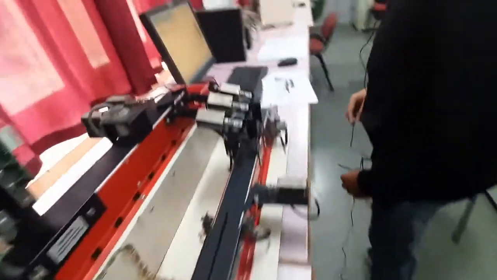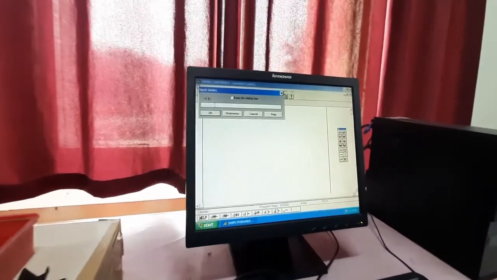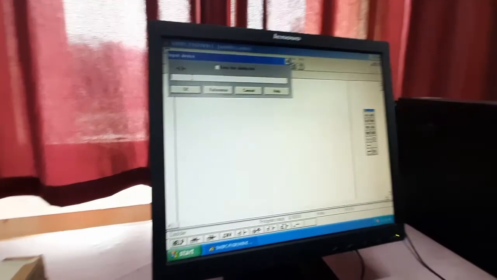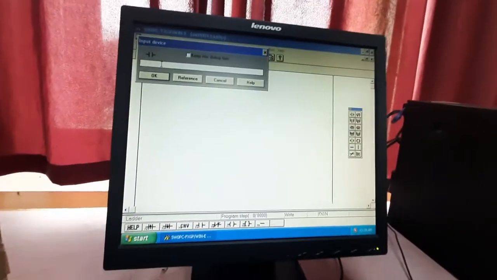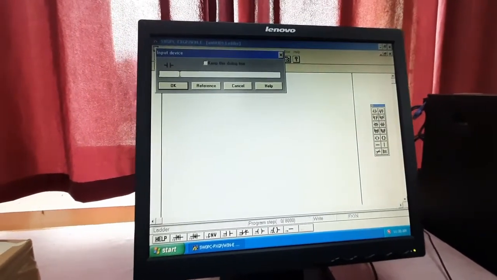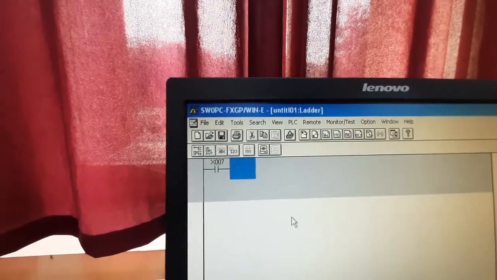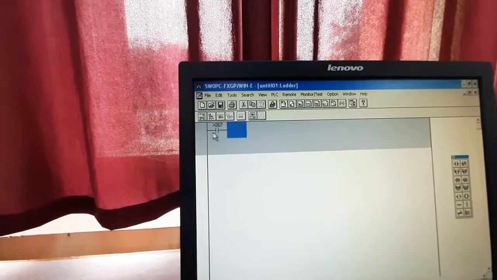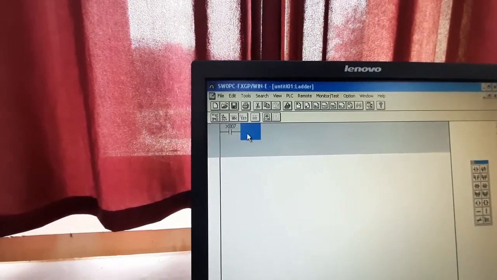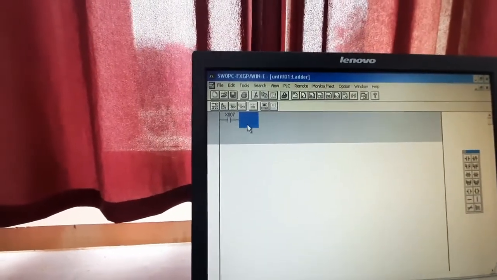Whenever we start any experiment, we have to give that input switch as an input. Suppose we are giving that input as X7. So this is our input, and this NO switch acts as an input. Whenever we switch on, the circuit will be connected. Now whenever we switch on anything, we have to make it an output.